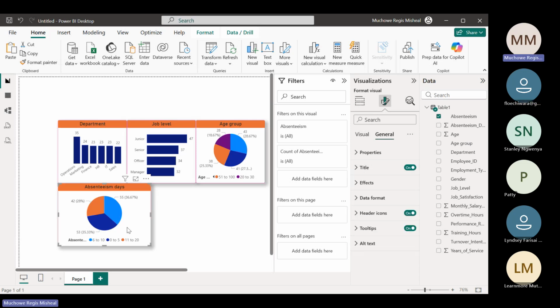Right, for me, it's done. Who is with me? General. Could you say general but format? Title and